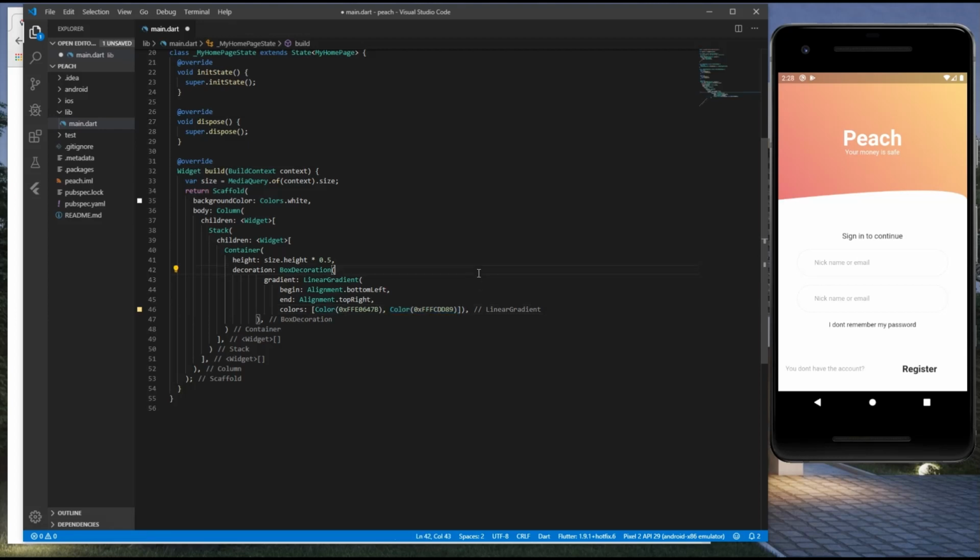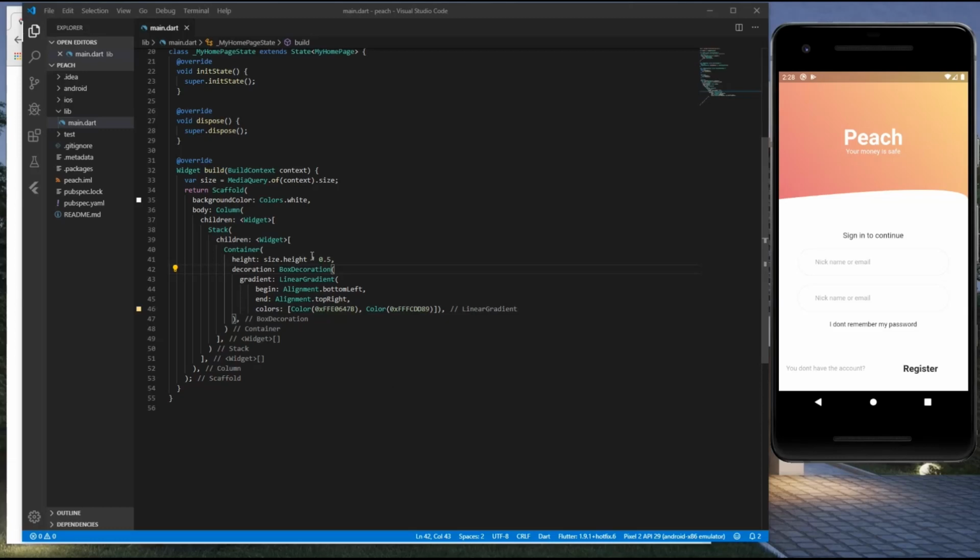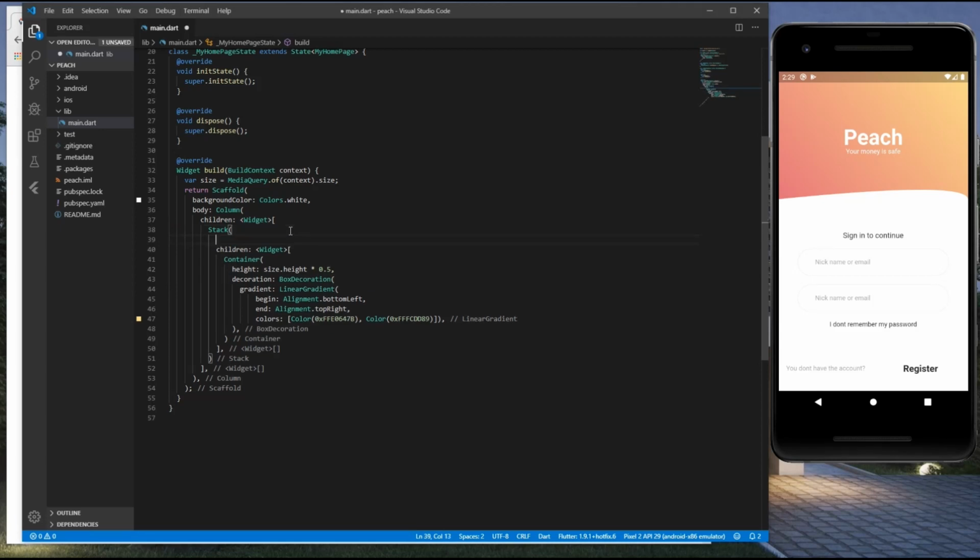Okay, and in this stack I need everything aligned in the center, so I give alignment center up there. Okay, the container is done. Now next I need the title and the subtitle. First one,